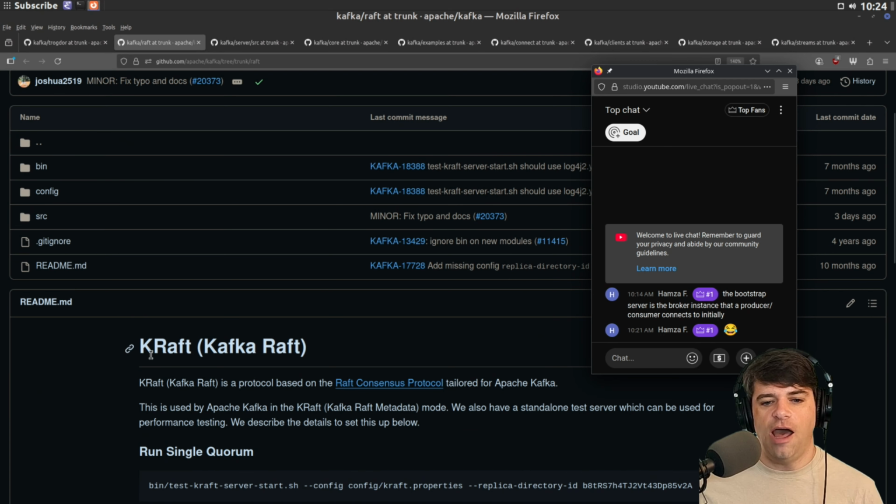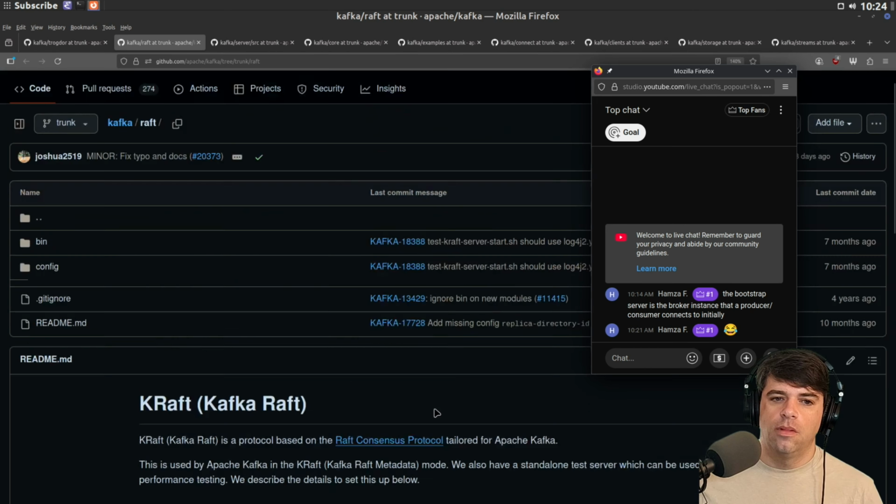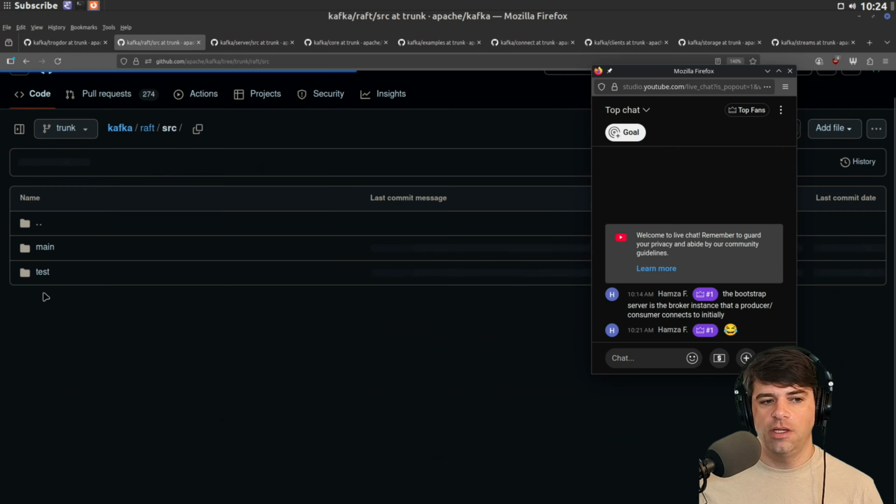Here's Raft, Kafka Raft. It's based on the Raft Consensus Protocol, tailored for Apache Kafka. Okay. Probably in Java.